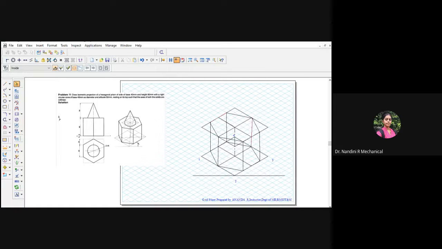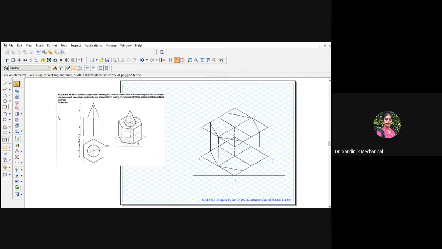So you will just remove the excess line if needed. After projecting everything, you can delete this line which is not needed. Again this line will not be visible, so you can remove this. This part of the side will not be visible, you can remove this. This will not be visible, so you can remove this part. So the outer part you will darken it.